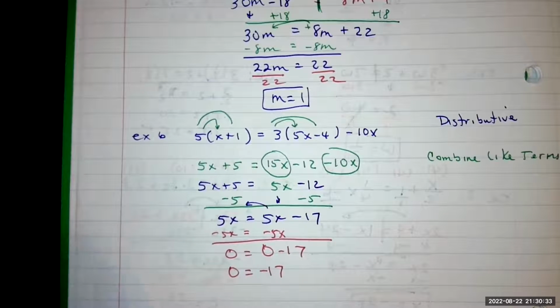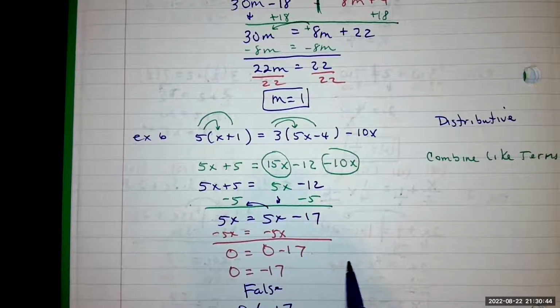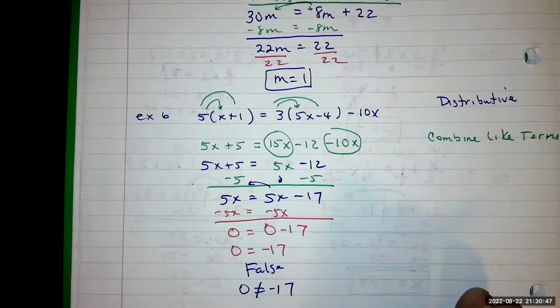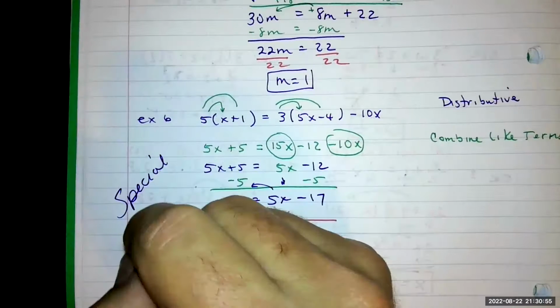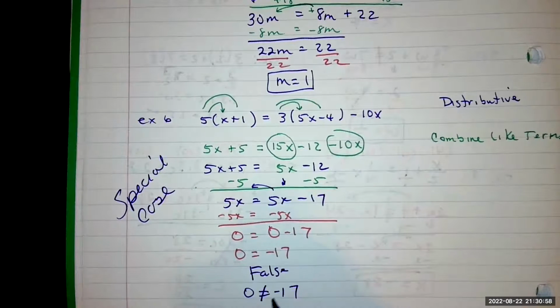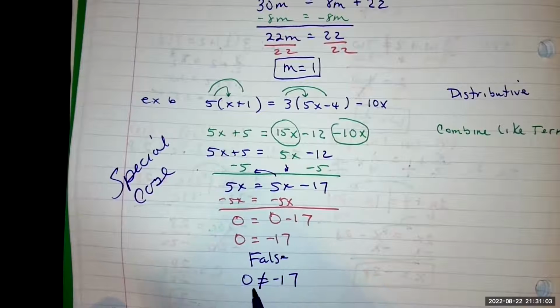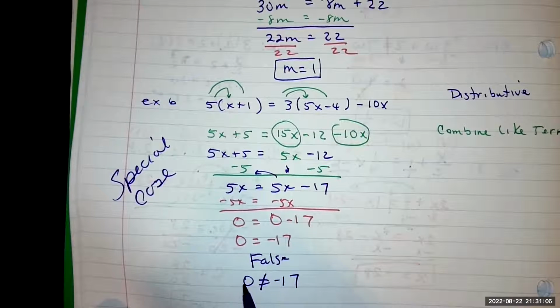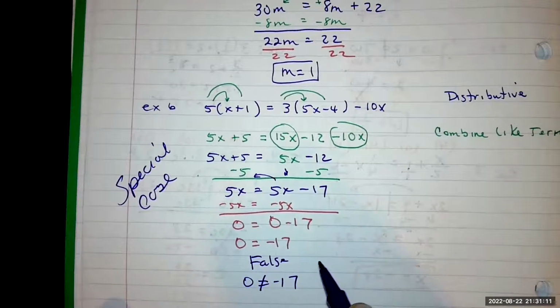This statement is what we call a false statement. Think about it. Does 0 equal negative 17? And you should say, no, it doesn't equal negative 17. And when you see this situation, this is a special case. It does happen. When you have a special case like this, when the variables have canceled each other out, and you have 0 equals a number and it doesn't, so otherwise these are different, we say this is a